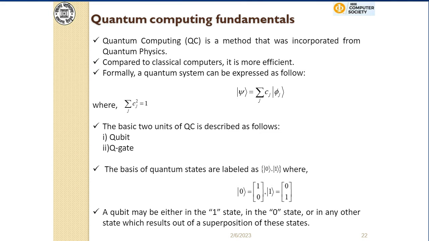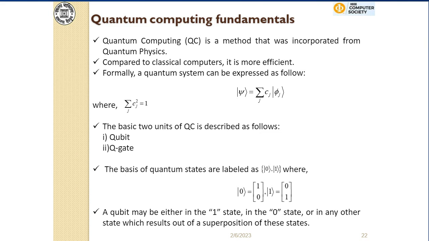But in the classical case, you start with a particular solution, you run the algorithm, and you get the outcome. If the outcome is good, then it is okay. Otherwise, if it is bad, not up to the mark, you run the algorithm again with a different solution altogether. That means there is no option to run the algorithm with multiple solutions, all possible solutions, at the same time. So I'm just giving a brief overview and some examples, but the detailed treatment is beyond the